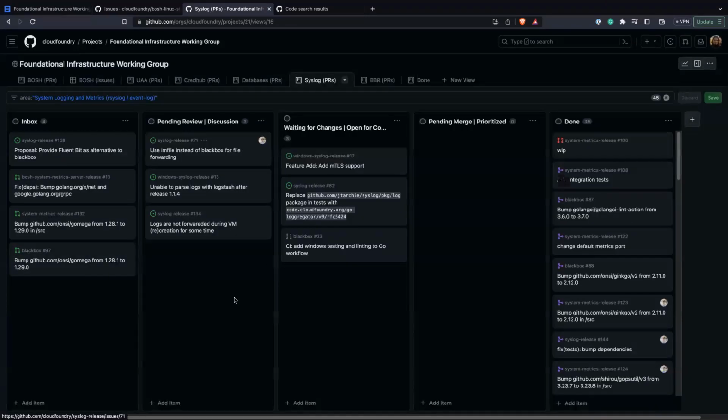I think it's interesting, if that's performant and if that works, that would solve a few of the other issues in this board. Stuff like provide FluentBit as an alternative to Blackbox, and logs are not forwarded during VM recreation. Those are complaining that basically we can start syslog in the pre-start phase, but we don't start Blackbox until the start, and Blackbox is not very intelligent. It just forwards everything,